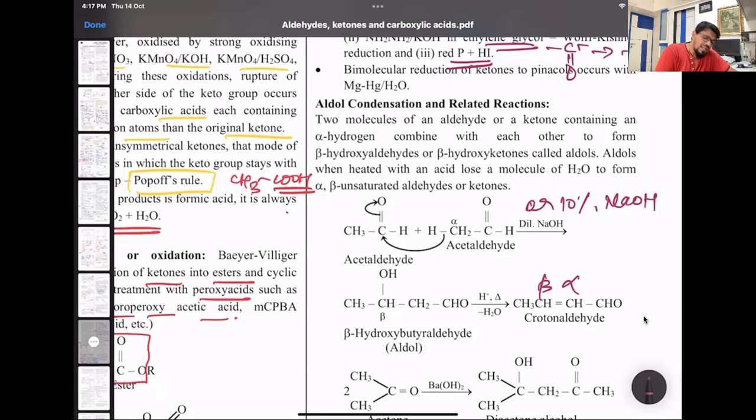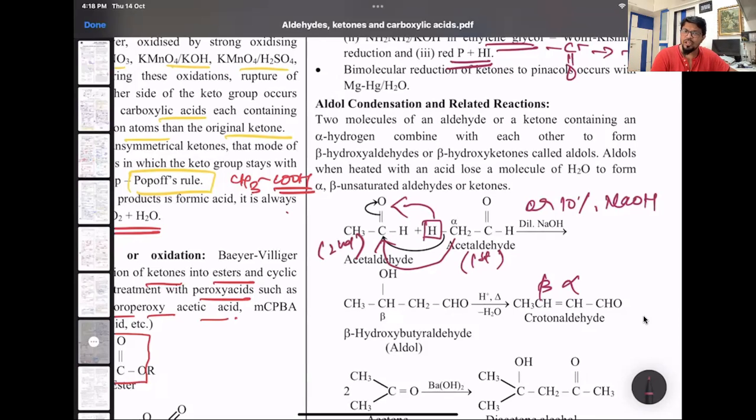The alpha H, what you see here, is mainly picked up by the alkali. But for understanding purposes, what we can say is alpha H goes to the carbonyl oxygen, alpha carbon goes to the carbonyl carbon. Alpha H of one molecule, this is the first, that's the second. This you can do for MCQs, a shortcut it is. The alpha H of the first molecule goes to the carbonyl oxygen of the other. In practice, it doesn't go. It's taken up by the alkali, okay? But this is the faster way to do it.